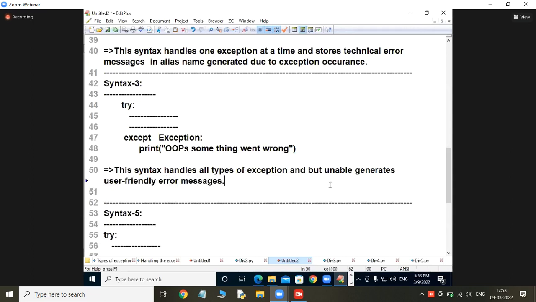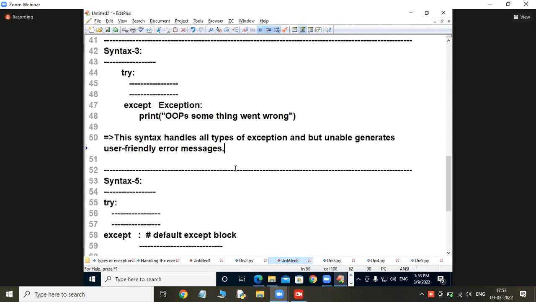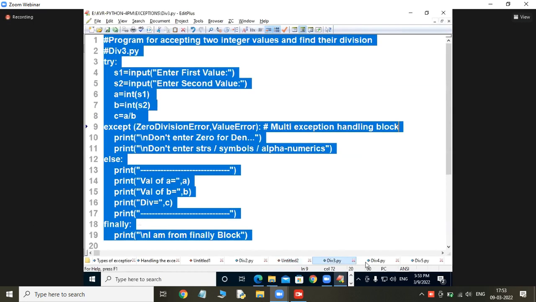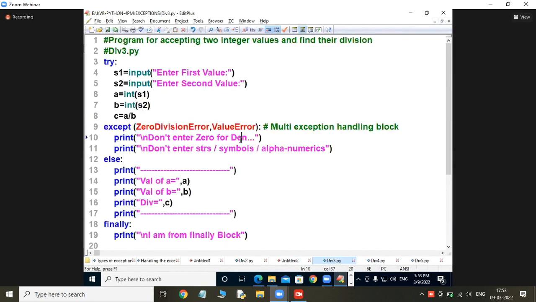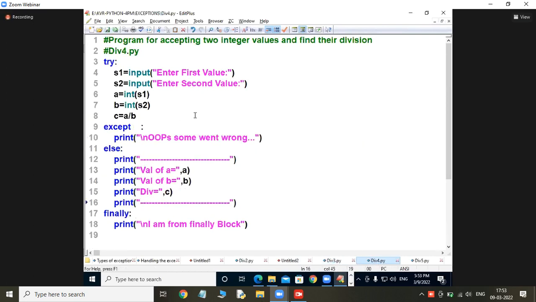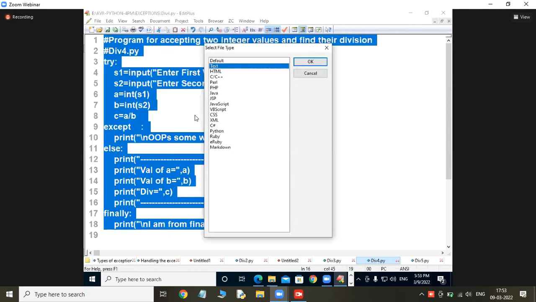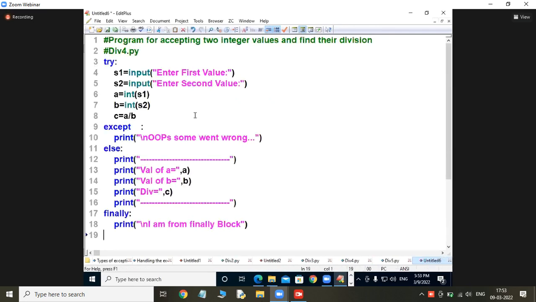I will go to my place, syntax number 4. Go to the program once. See, students, 3 is there now, and I will go to this place, 4. You take this part of it. Why I am saying all these things is because in some place you may come across this from a written test point of view. So here I am writing Exception, with the message something went wrong.